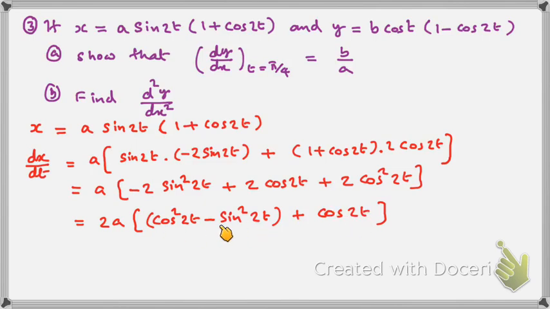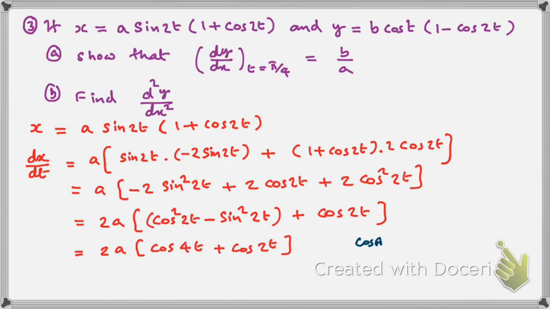What is cos square theta minus sin square theta? Cos square theta minus sin square theta is cos 2 theta. So cos square 2t minus sin square 2t becomes cos of double the angle. But my theta is 2t, so double the angle becomes 4t. So cos square 2t minus sin square 2t is cos 4t, plus you have